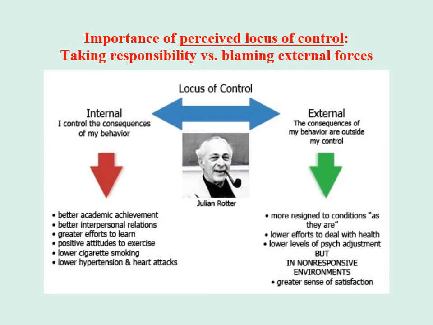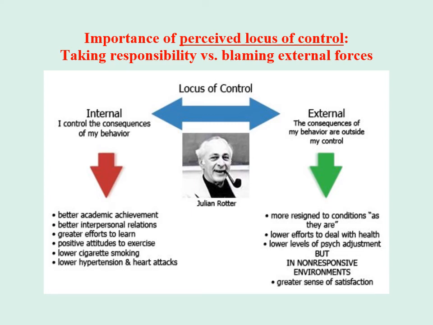Some people are habitual internal attributors. They believe in the internal locus of control. And some people are more likely to find external explanations. Julian Rotter, a psychologist, created a locus of control scale which measures the tendency for people to prefer internal or external attributions. These two styles, if you like, have important consequences.